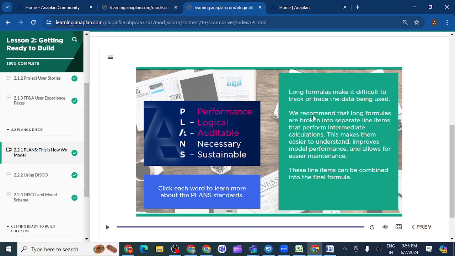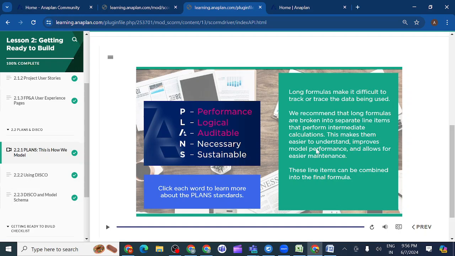And whenever a new user or Anaplan model builder comes to our model, he can understand easily without putting much effort. Our model should be such that anyone can easily understand it. We should build the model in such a way. We recommend that long formulas are broken into separate line items that perform intermediate calculations.